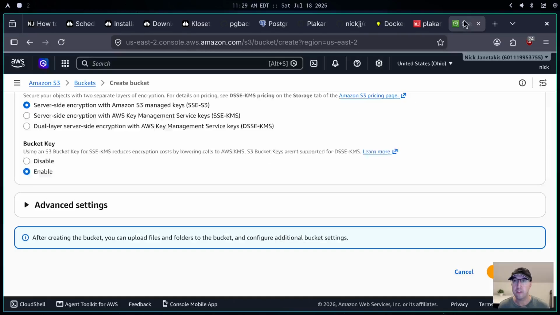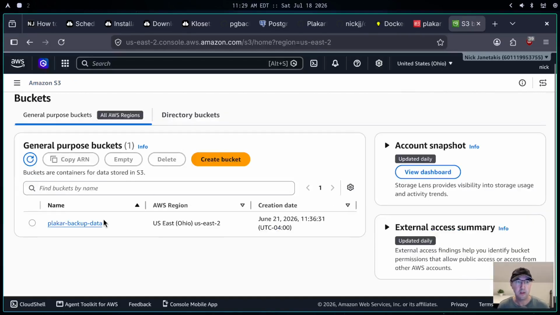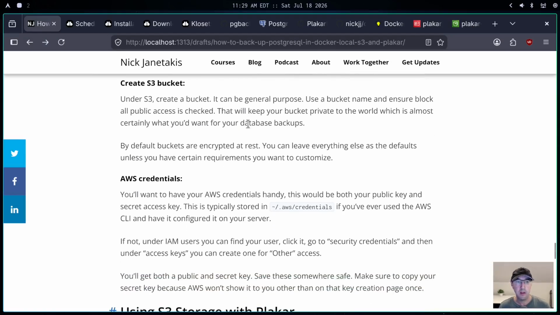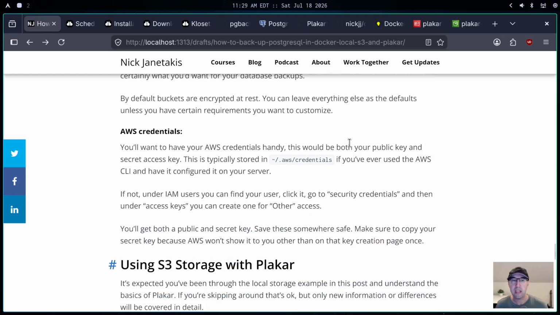We can leave the defaults to everything else. So if you wanted to create the bucket there, you could totally do it. I'm going to cancel it out here because I already have the bucket created over here. All right, so going back to the blog post here, then it's going to come down to having AWS credentials